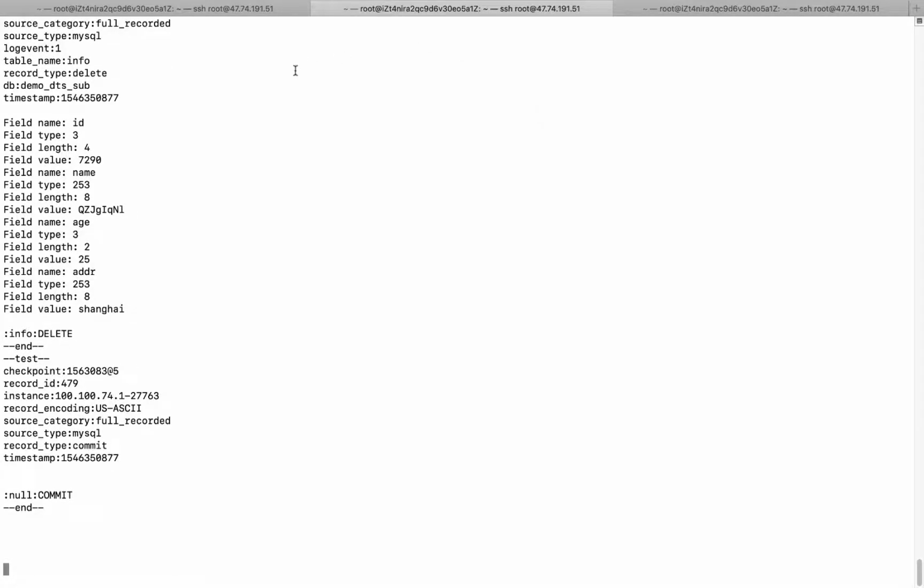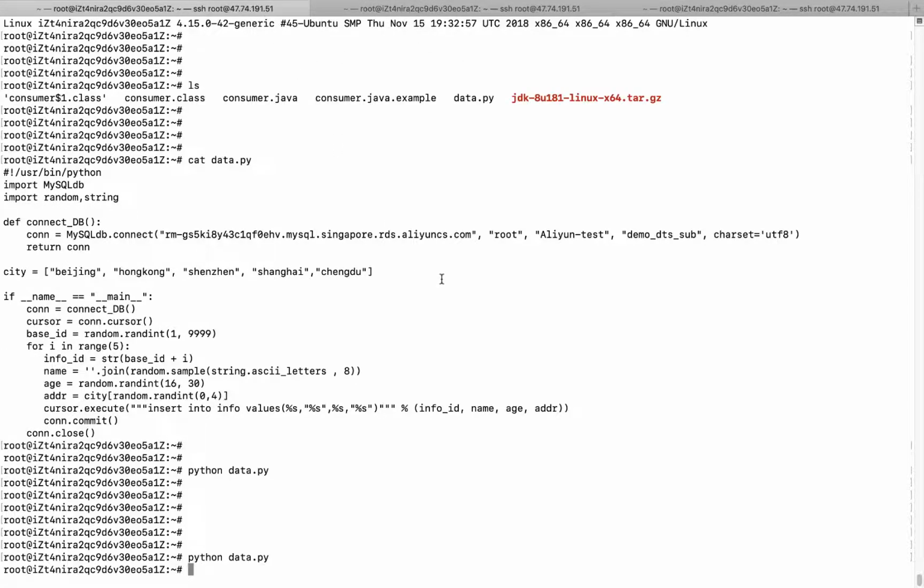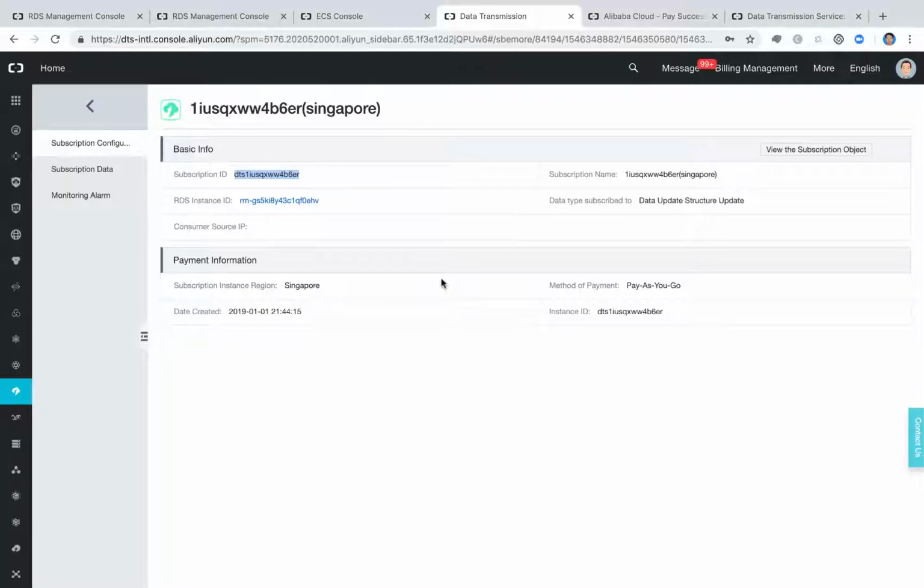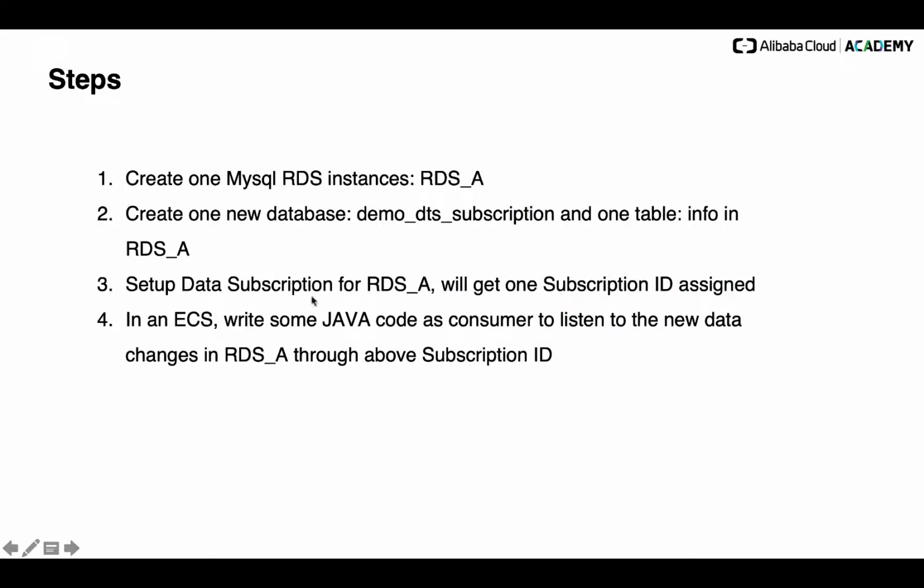Okay, this is the demonstration of the data subscription function. Let's have a quick recap. In this demo, we created one MySQL instance, and we created a database and data in that RDS instance. Then we set up the data subscription and got a subscription ID. We used that Java code with the SDK to listen to that subscription ID. Then everything happening to that database will be